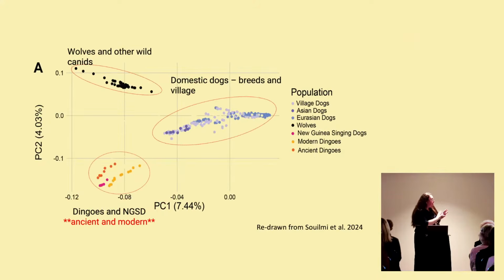And this is another way of showing the genetic relationships or differentiation between dingoes, domestic dogs, and wolves. So the wolves are up here in this corner, the black colours. And the domestic dogs, including the village dogs found in Asia, are in purple colours over here. And dingoes and New Guinea singing dogs are over here in orange, pink, and yellow. And this figure comes from